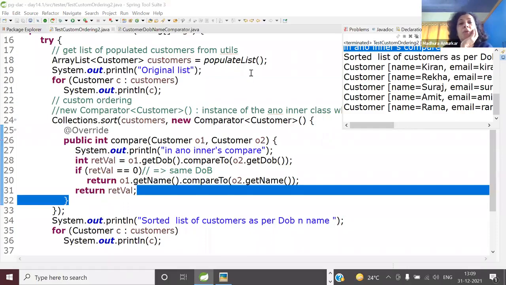I'm waiting for more of you to complete. Got the expected output? You should get the same output as earlier. Got the same output? Very good.